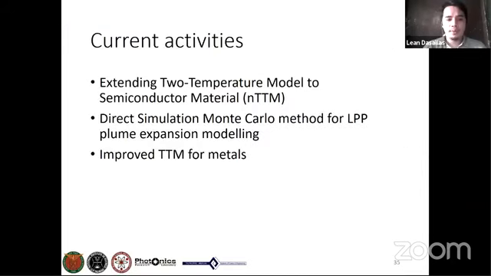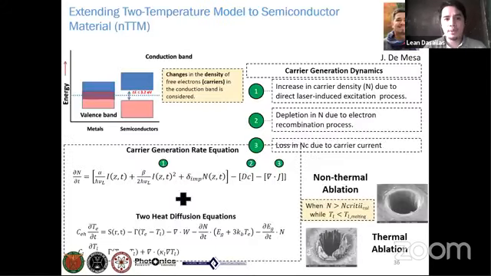Now, before I end my presentation, allow me to share with you some of the current activities of our group. First, we are now working to extend our work to non-metallic materials. Our first move is towards semiconductor material. And since this is a different material, we can expect different physics of ablation. In fact,